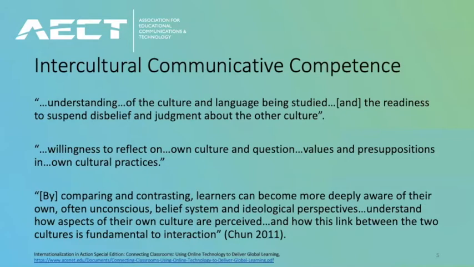So intercultural communicative competence, what is that? This quote is very nice. It explains it as an understanding of culture and language being studied and the readiness to suspend our disbelief and judgment about another culture. It's our willingness to reflect on our own culture and to question values and presuppositions in